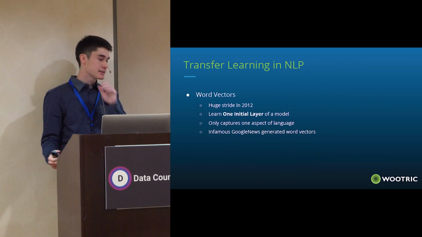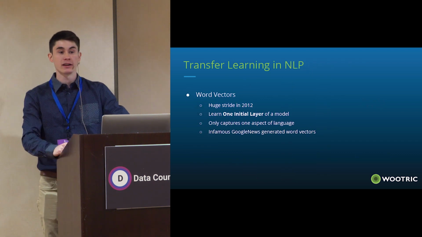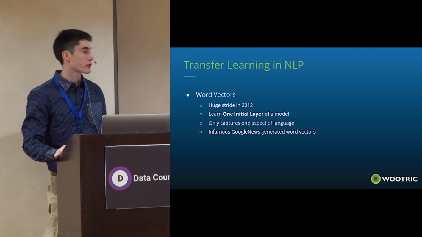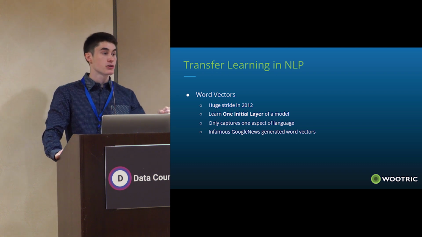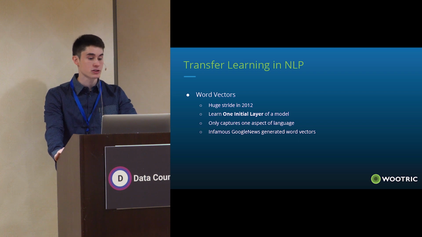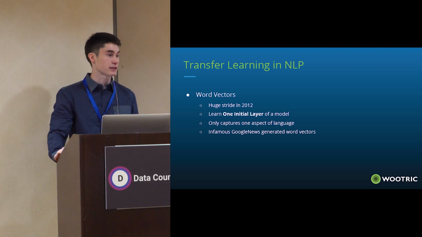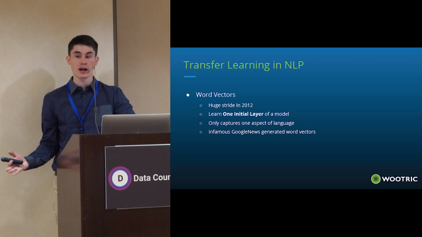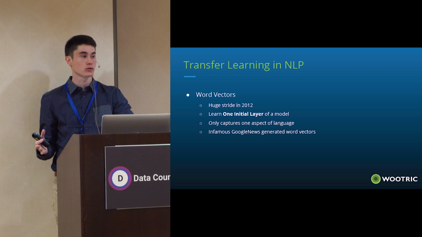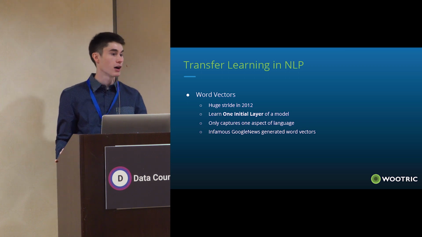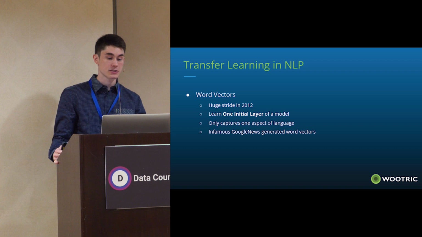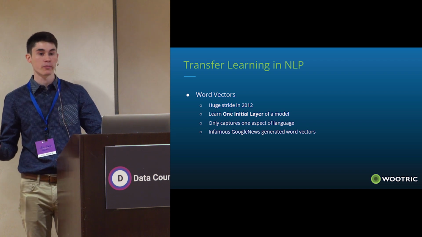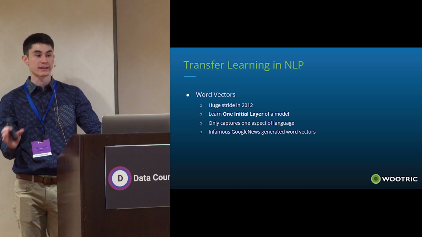So that is transfer learning in computer vision. Now, transfer learning in natural language processing. The first thing that came out was in 2012, when people found word vectors. There was a very big paper published by Google, I believe, that was a huge stride and really helped natural language processing models improve. What word vectors basically do is encode a word,